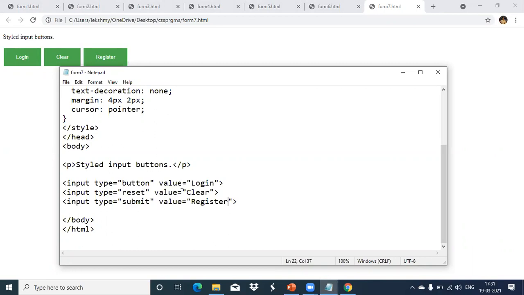Clear? Ma'am, can you tell again what is the difference between button and submit? See, I can tell. Submit buttons we use to submit your information, like a registration. When you enter all your details, then we click on that button.